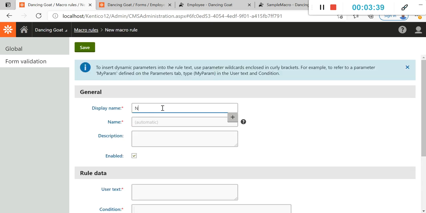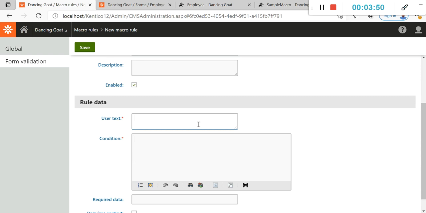Let's give it the name numeric only. The name should be automatic. If you want to give some description, you can do that. Let's move to the user data and give it as numeric only slash phone.